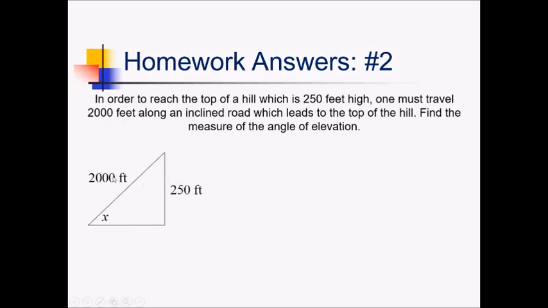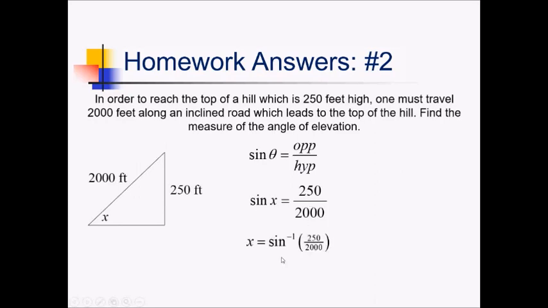So in order to find that, we've got the opposite side, the cross side here. We've also got the hypotenuse. Opposite, hypotenuse, that's going to be the sine function, equals opposite over hypotenuse. So we can say sine of x equals my opposite side of 250, divided by my hypotenuse across from the right angle here, that's 2,000. In order to get x, I have to take the inverse sine of 250 over 2,000,